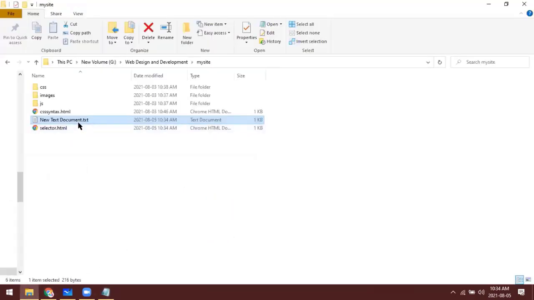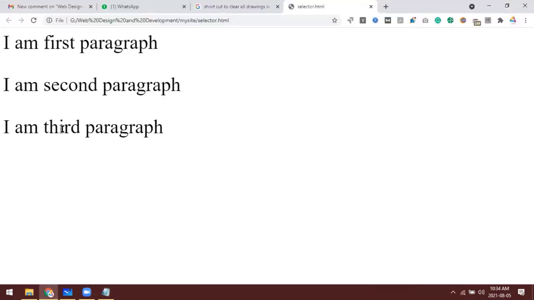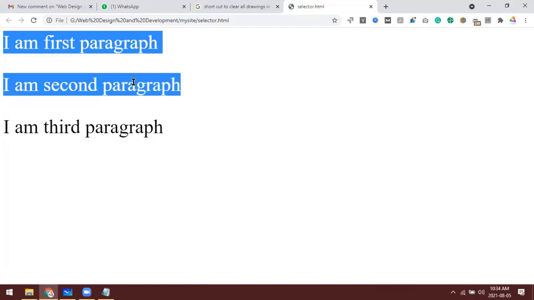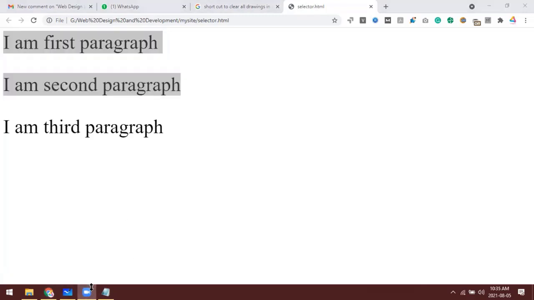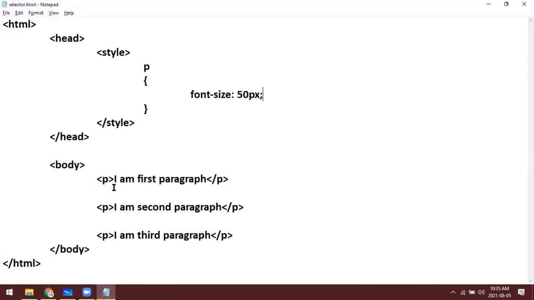Now let's open this file. Right. Now we are getting font size in 50 pixel, right? Then let's extend this using ID.